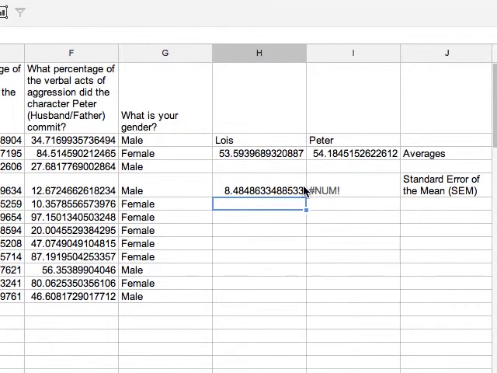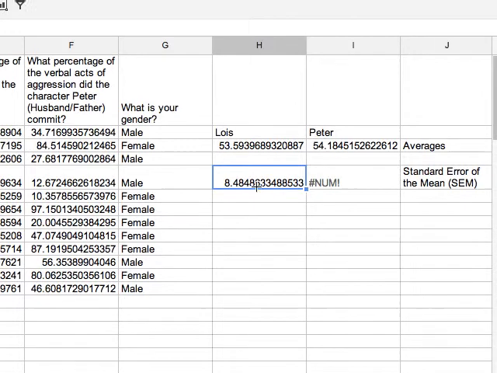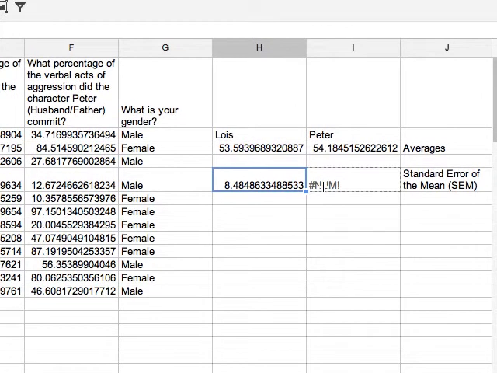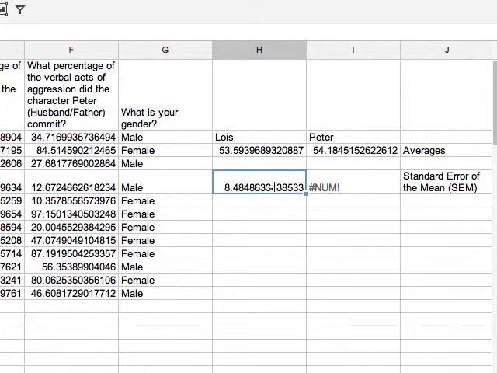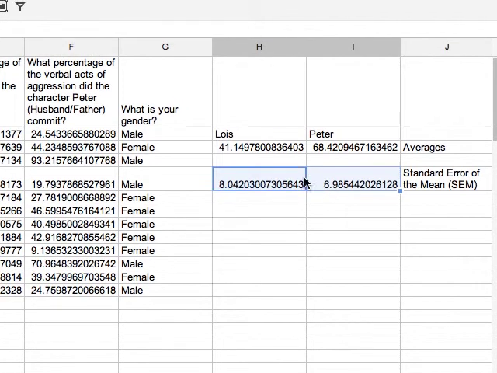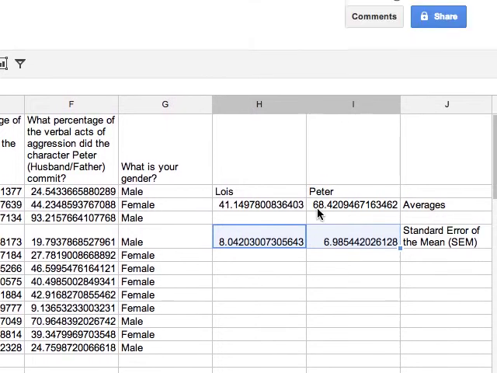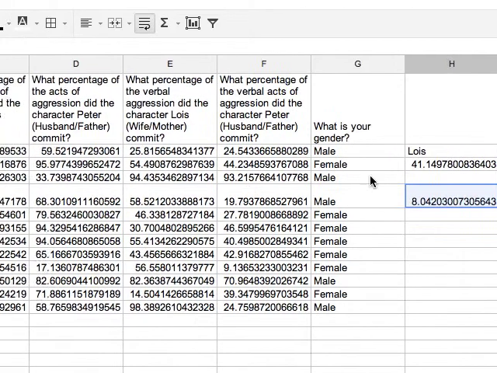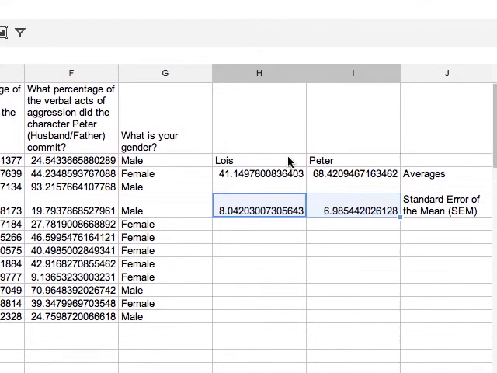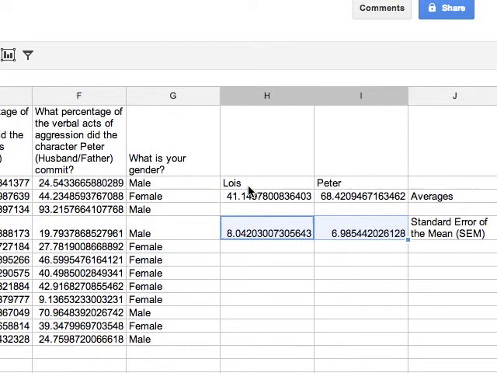and we can do the same thing to get it because Peter's data is right next to Lois's data. We can just drag over like we did earlier, and there you go. The numbers are changing right now because I created random data. Your data will be different. All right, so now we want to create a